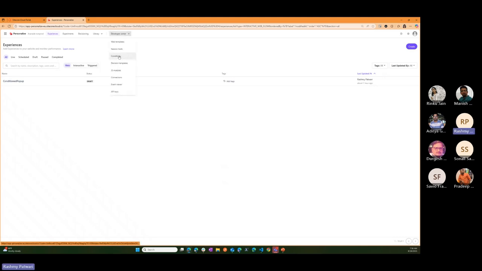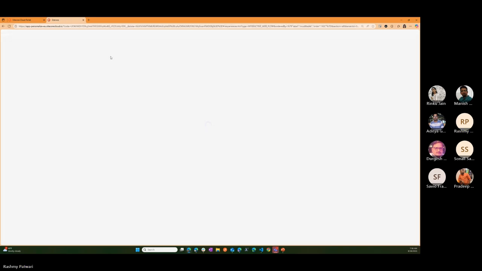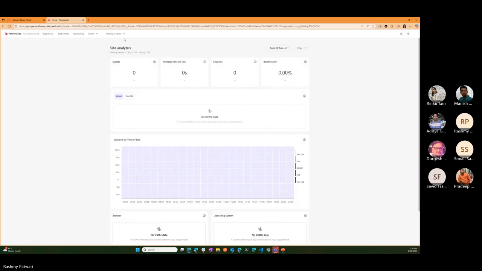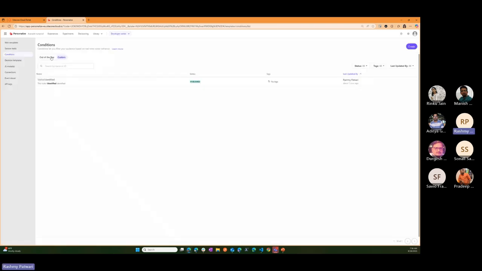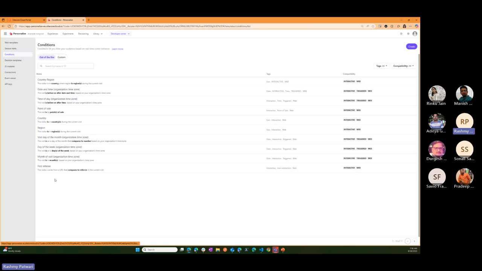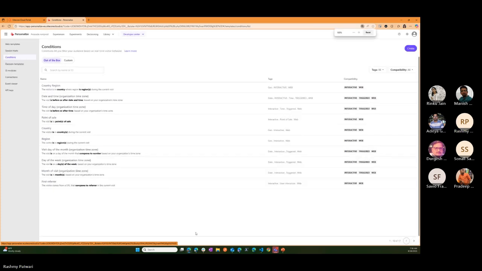So this is the personalized portal, and we have the conditions. We see the out of box ones, here are all the out of box ones. And here's where it clearly says where this particular condition can be used.